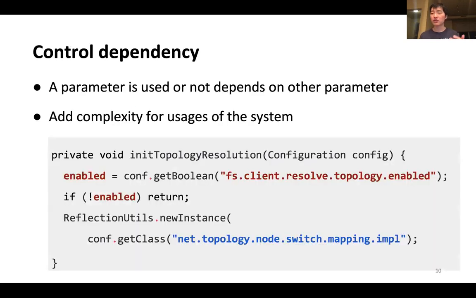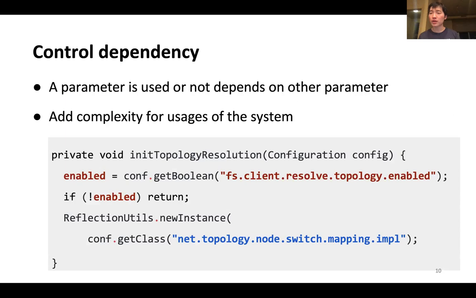First, let's take a look at the control dependency. Control dependency means whether a parameter value can be used or not depends on the values of other parameters. And this could add complexity for users to use this system. Let's take a look at the example here. Here we have 2 parameters. The first parameter